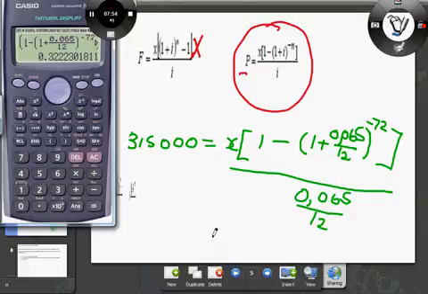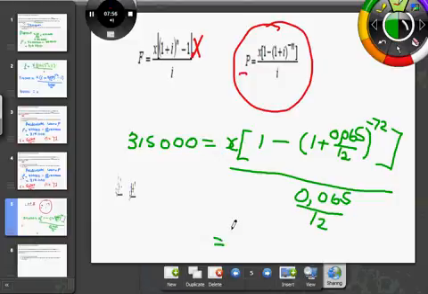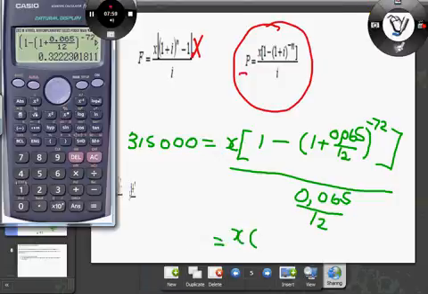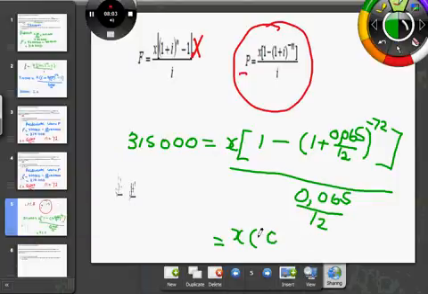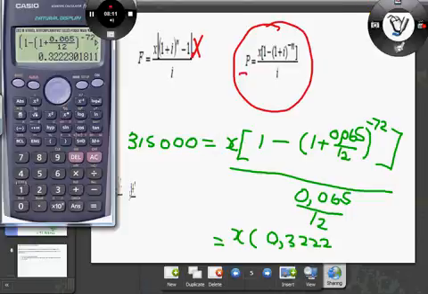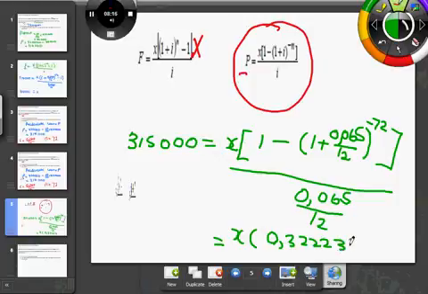So now I know that in here I've got X bracket 0,3222 30811. Close bracket, and on this side we've got 315,000. The bottom part again I can also divide just to make sure,